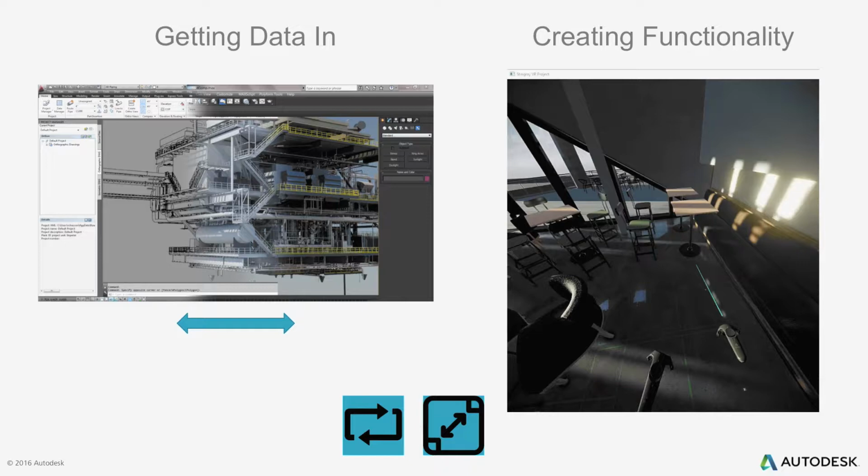All right, so really it boils down to two main blocks. First one is getting the data in, right? So how do you get it into a real-time environment from wherever it's coming? Generally, that takes its path through 3ds Max somehow. But as Brian showed you, you also have Live, which does this conversion in the cloud automatically. It decimates geometry, creates materials, animates things, puts things in place. It's really pretty amazing because